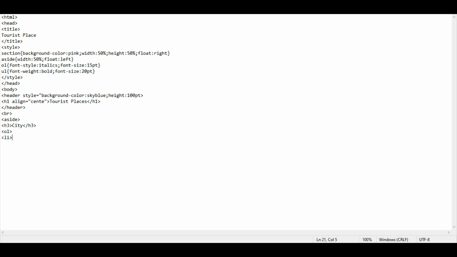Our list first would be Pune. Our second in the list is supposed to be Bangalore. I hope this is the correct spelling. Yeah, so this was our first list. So then we put in our next.